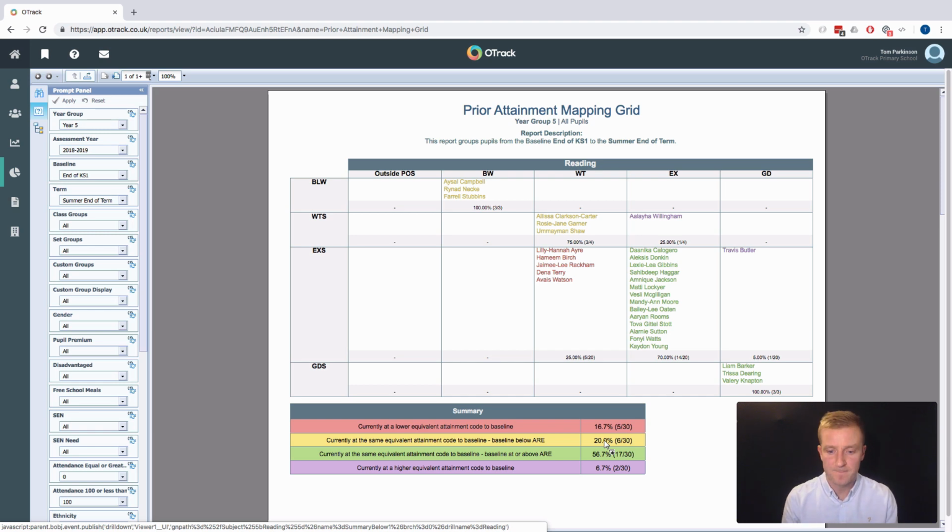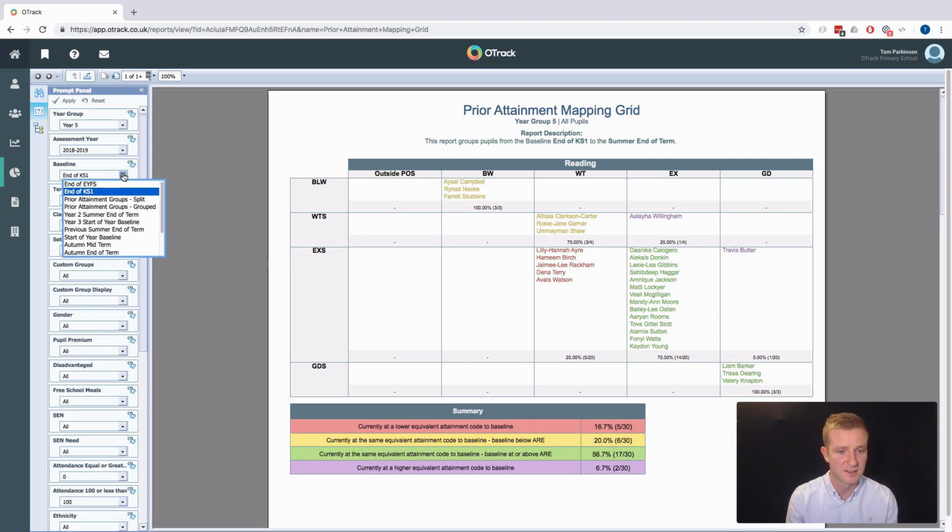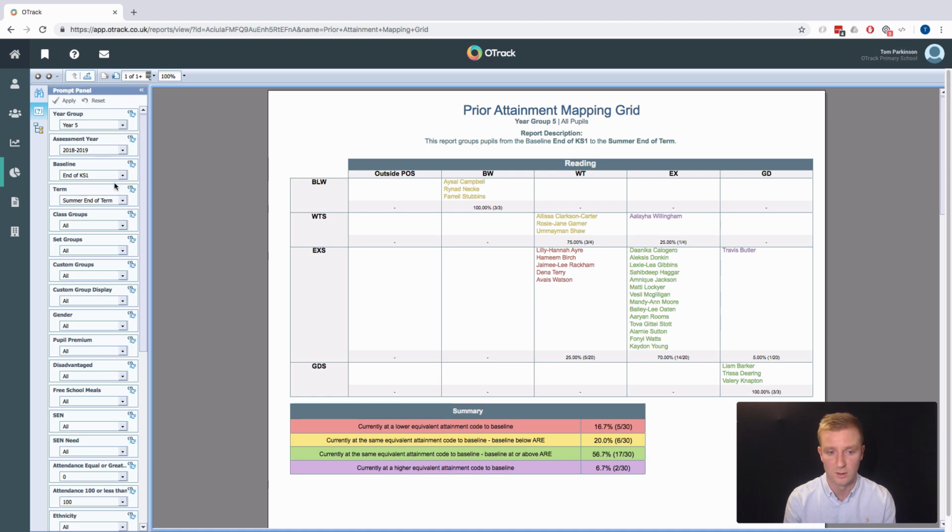Okay, I mentioned the baseline filter earlier. If I click on that on the left hand side, you've got a number of different things that you can populate in the left hand side of the prior attainment mapping grid. So I've got key stage 1, but you could swap that to early years. For current year 6s, you can swap that to prior attainment groups. You can select a baseline if you baseline into a new academic year, or maybe the end of last year, you might want to use down the left hand side to look at comparing progress over this academic year. And then you can select terms within this current year as well if you want to. So that's really adaptable, what you can select as your starting point for when you want to analyse